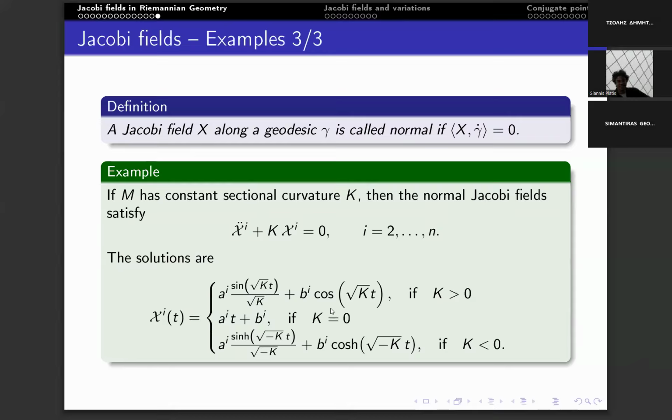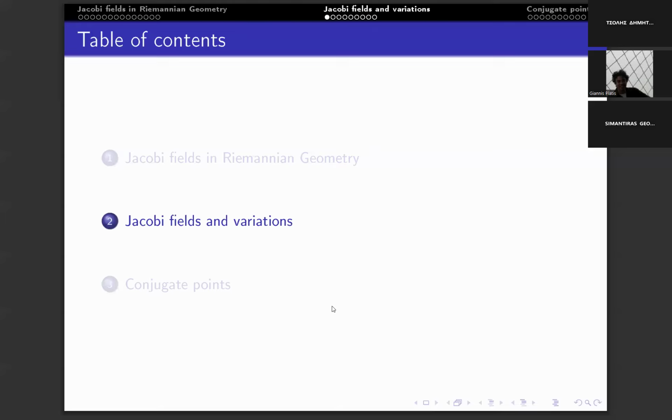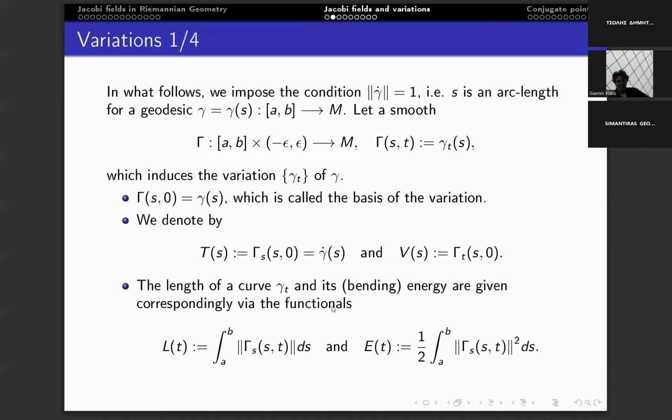For example, for the Euclidean case, for Rn, k is equal to 0. And then in our second part, we have the Jacobi fields and the connection with a variation. But let's remind what a variation is. In what follows, we have an arc length parameterization for our curve, and s is the arc length parameter for a geodesic. We remind that a variation, let's call it capital gamma, is practically a family of curves